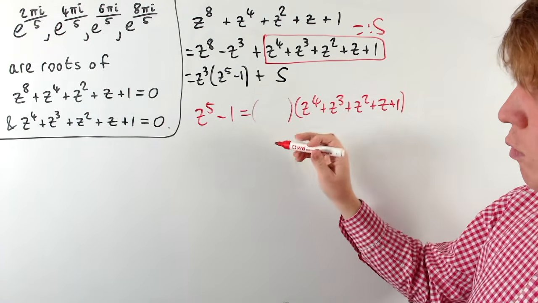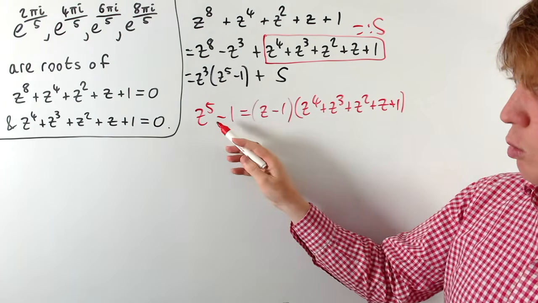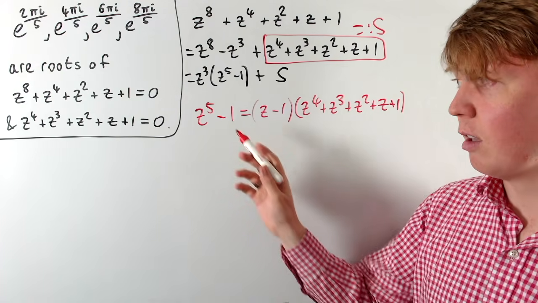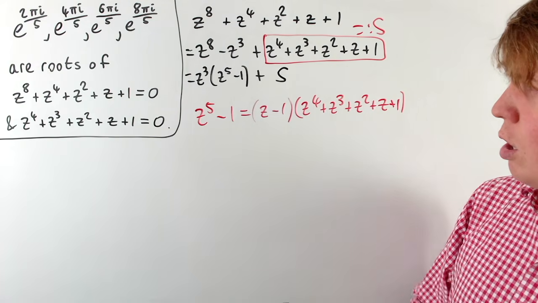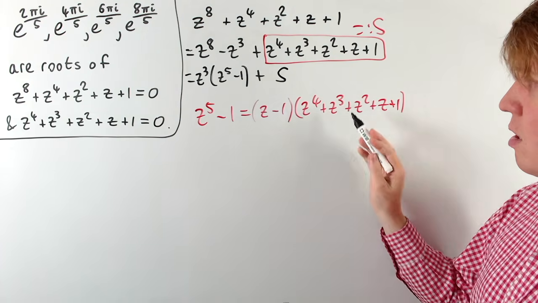Then we also know that our remaining factor has to be z minus 1, because z equals 1 is going to be a solution here. That's our real root of unity for the fifth roots of unity. So we can rewrite this z to the 5 minus 1 as z minus 1 times this sum,